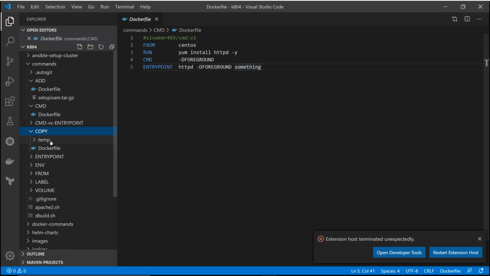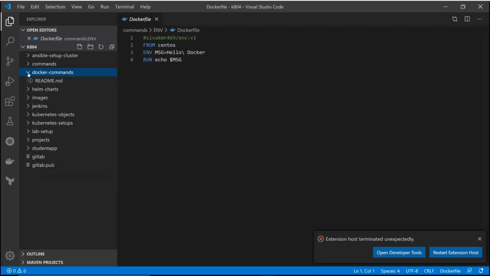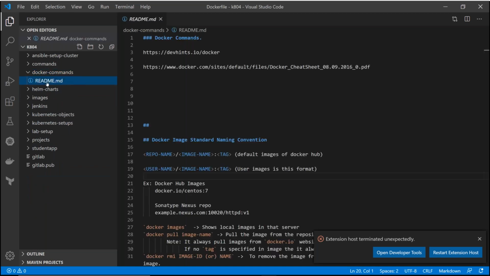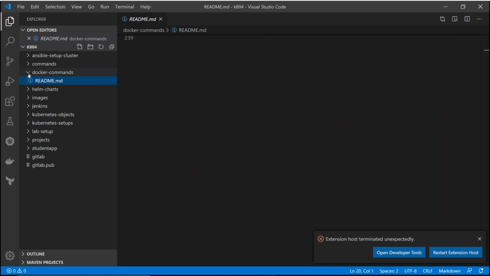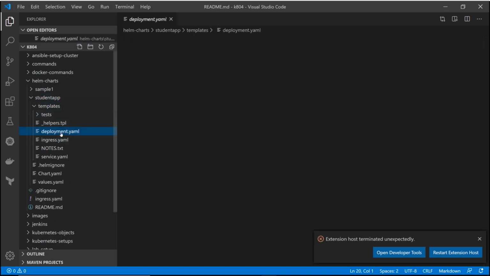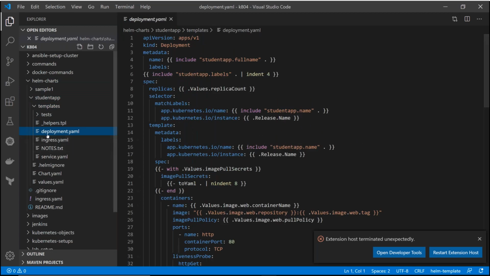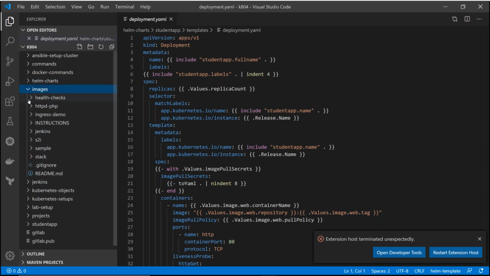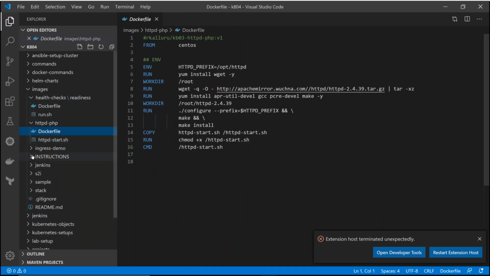So this is a sample of a Dockerfile, how we are going to write all these files, and how you can learn these commands: by practicing everything. And I'll share some Docker commands we are going to use. All these things I'll write in the class, and we'll discuss some Helm charts, how we are going to automate the deployments with Kubernetes packages using Helm charts. This is our project, the student application, and we have some common images we are going to use throughout the course.